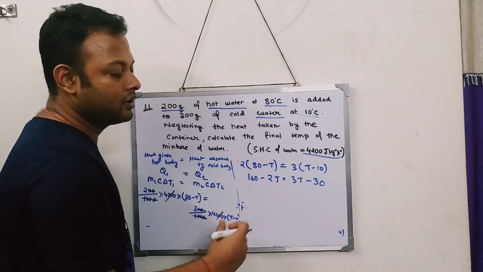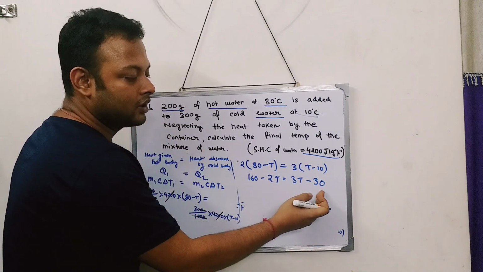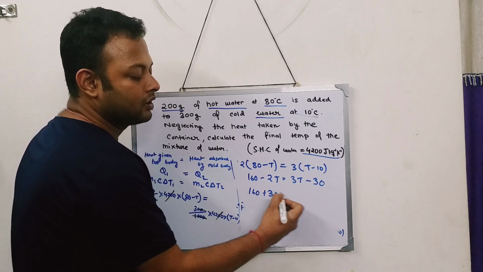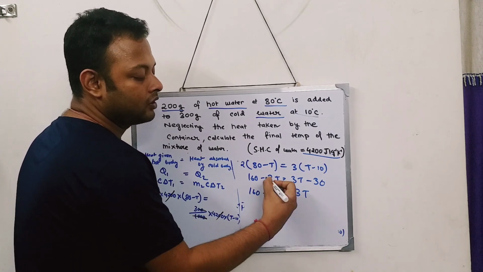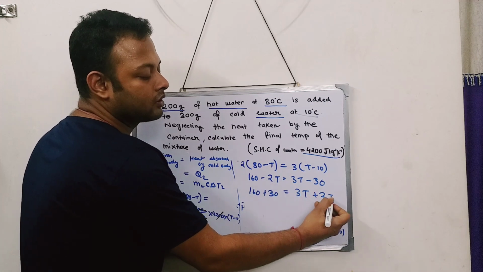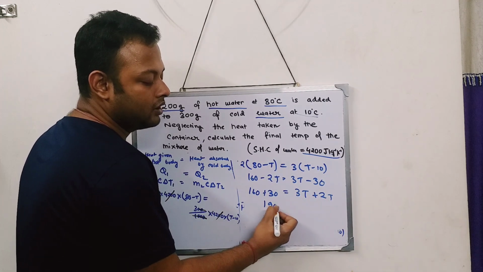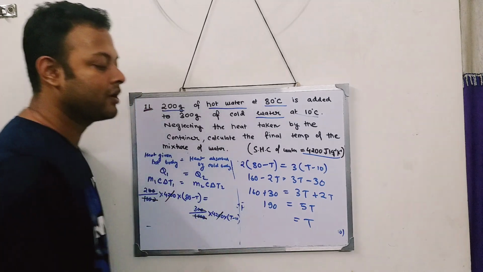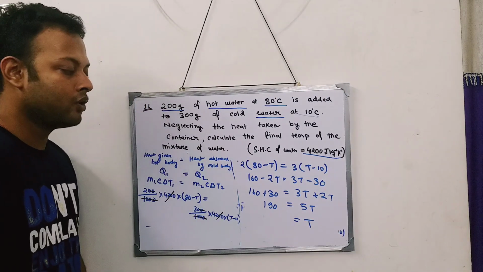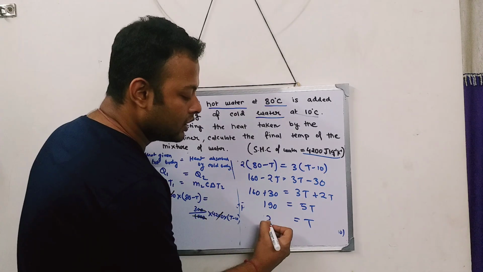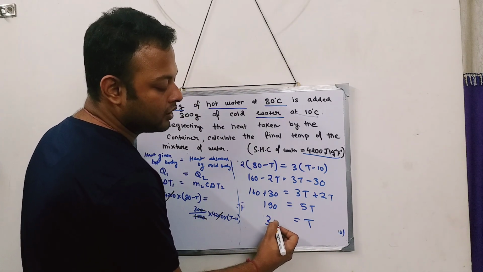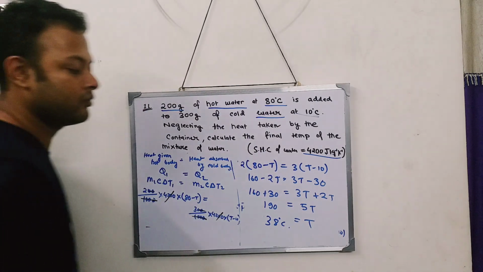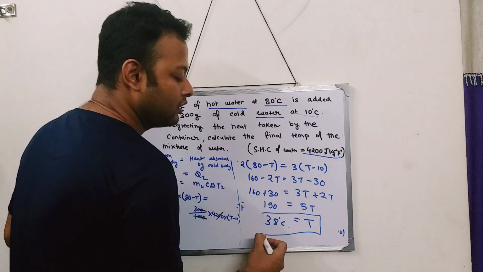Now put the T's on one side and numbers on one side. 30 you bring this side. It will be 160 plus 30 and 3T. This going that side is 2T. 190 is equal to 5T. So T value is equal to 190 by 5. 190 by 5 will give you 38. So the T value, the final temperature of the mixture, is equal to 38 degree